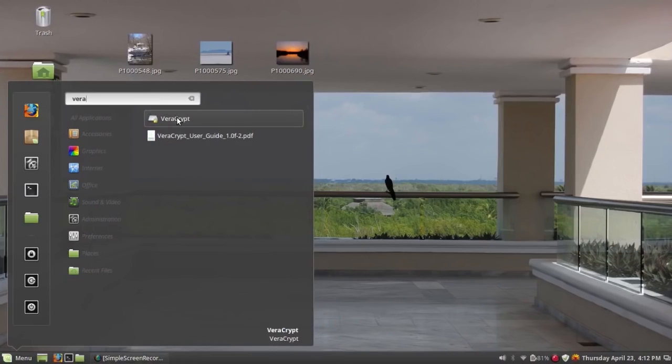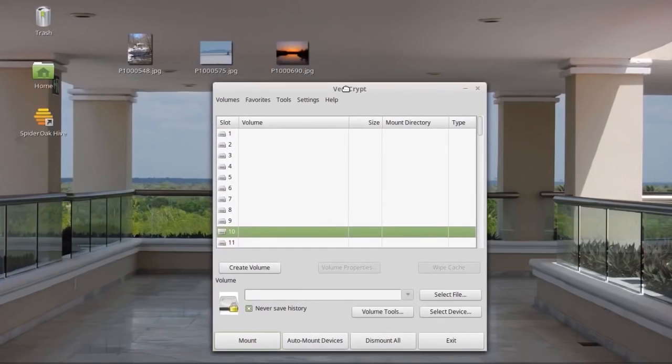There it is there. What VeraCrypt does, it'll make a container, and the container is viewed by your computer almost like an external hard drive that gets plugged in. So you specify the size and you give it a password and everything, and it's in that container that you put your files that you want to store and have safely encrypted. So we're going to create that container, and VeraCrypt wants you to assign it basically a drive letter. Right now I'm on Linux Mint